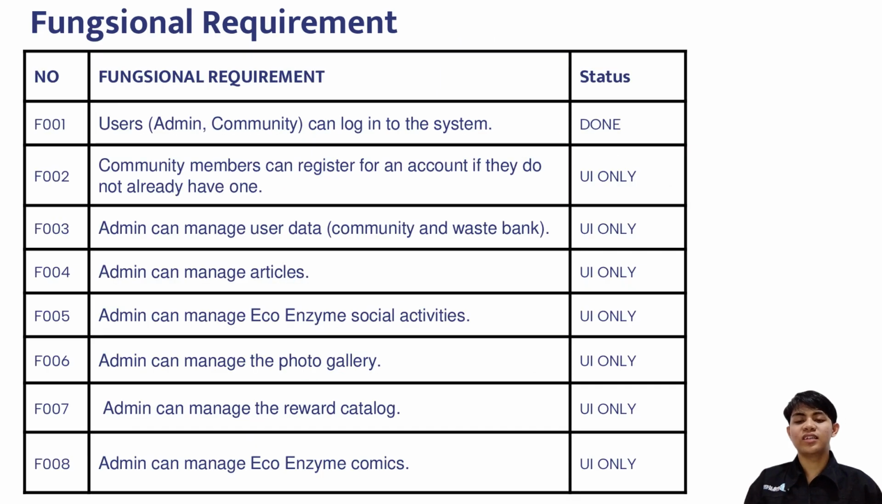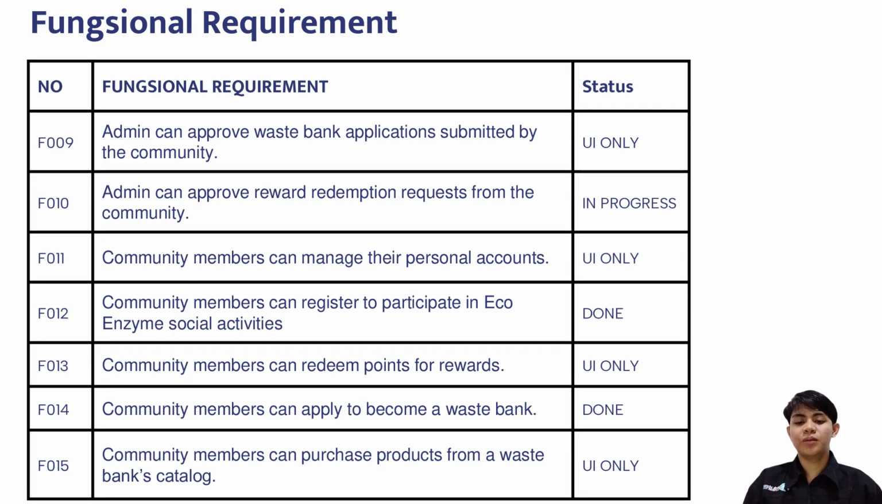Okay, in the next slide, we can see the functional requirement of the application. Within the functional area, we have also carried out several implementations. Then, okay, we can see this functional requirement. The login is done status, and then the community member can register as participant on the Eco Enzym social activity, done status, and then community member can apply to become a waste bank, done,